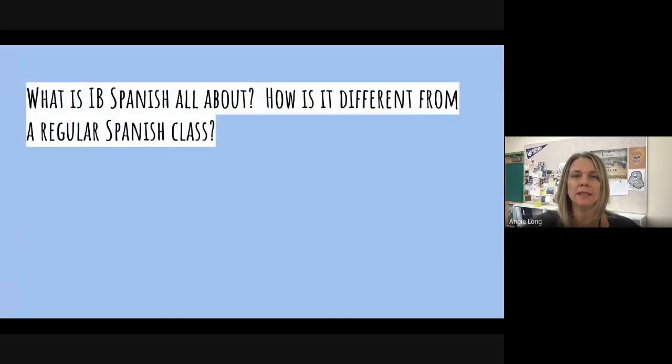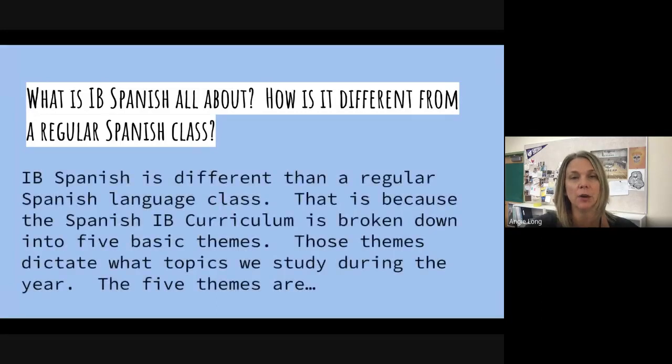So what is IB Spanish all about, and how is it different from a regular Spanish class? I can tell you I've taught Spanish 3 in a school that is not IB, and it is different than an IB Spanish class. So the main difference is stated below. It says IB Spanish is different than a regular Spanish language class. That is because the IB Spanish curriculum is broken down into 5 basic themes. Those themes dictate what topics we study during the year. The 5 themes are: